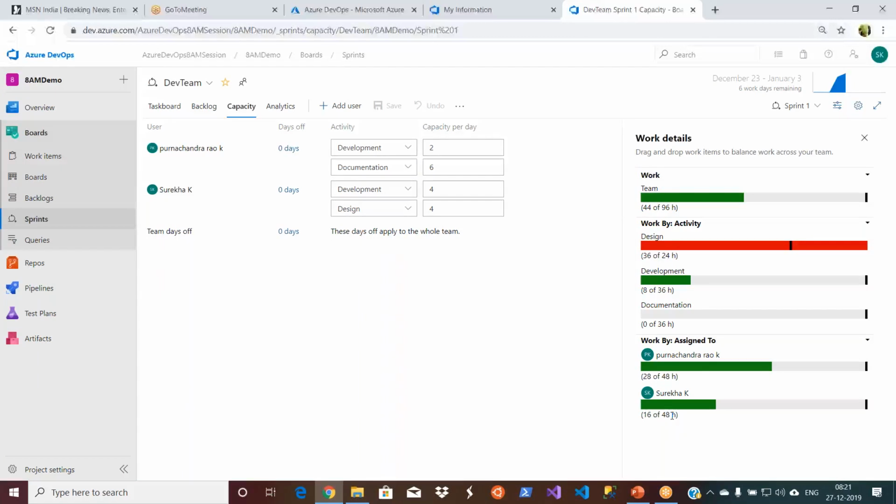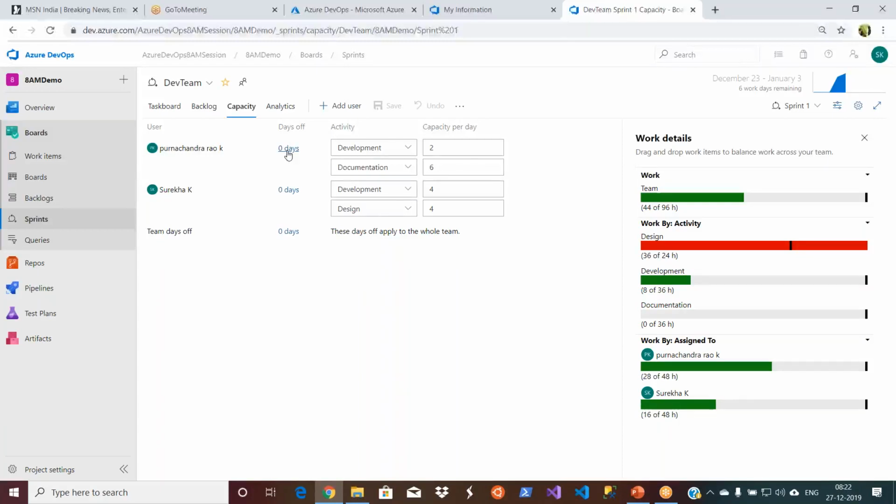So if I go and increase the effort of the product backlog items, right? So let us say I have assigned one product backlog item to her. That was 16 hours. If I make it, let us say 50 hours, then it will become red. The reason, the actual capacity available for the developer is less than the effort that is required for the product backlog item development actually. So this is all real time. You don't need to calculate using Excel or something, right? You just keep updating here.